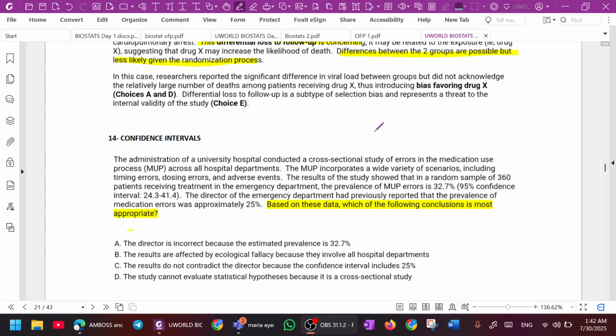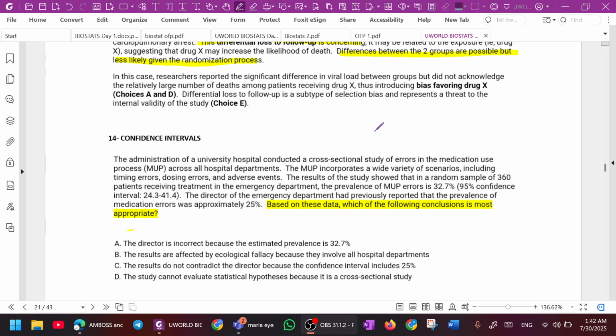The MUP incorporates a wide variety of scenarios including timing errors, dosing errors, and adverse events. The results of the study showed that in a random sample of 360 patients receiving treatment in the emergency department,